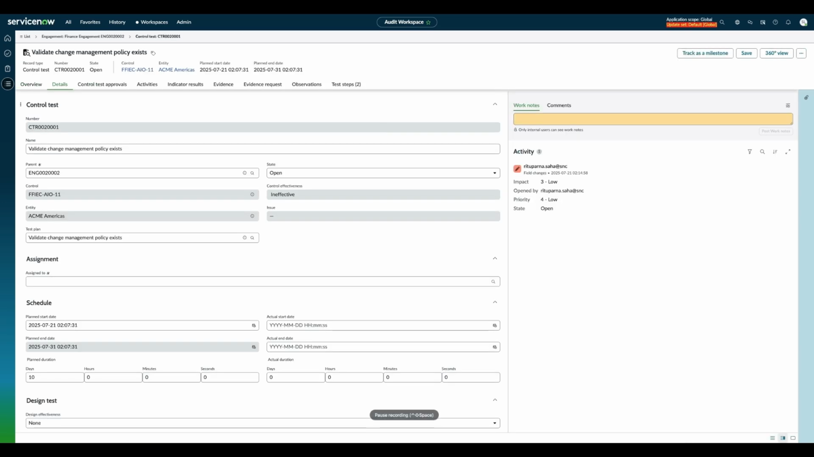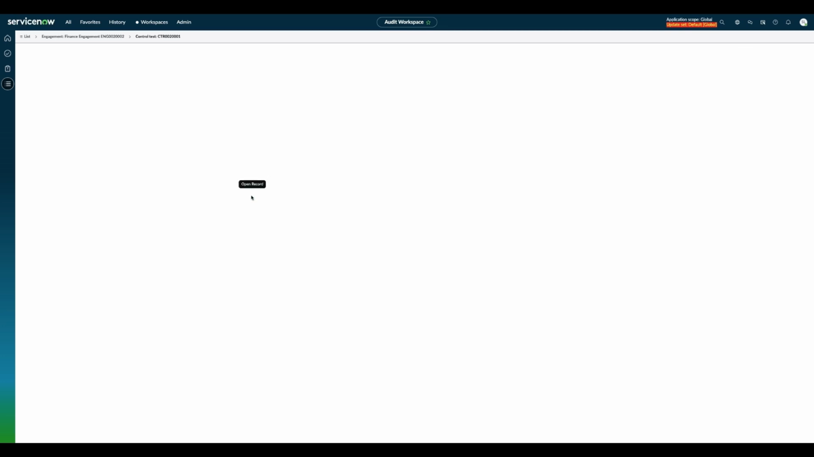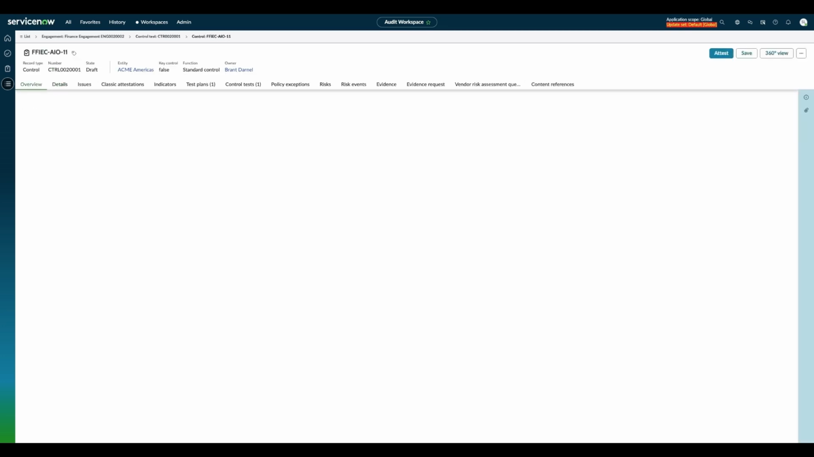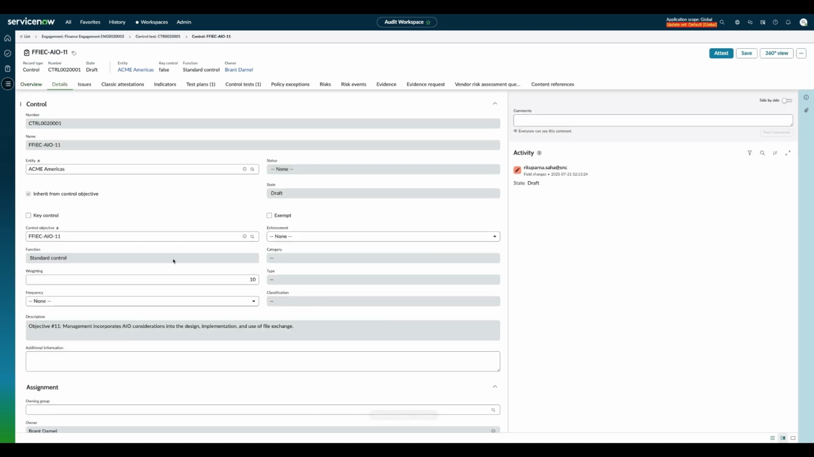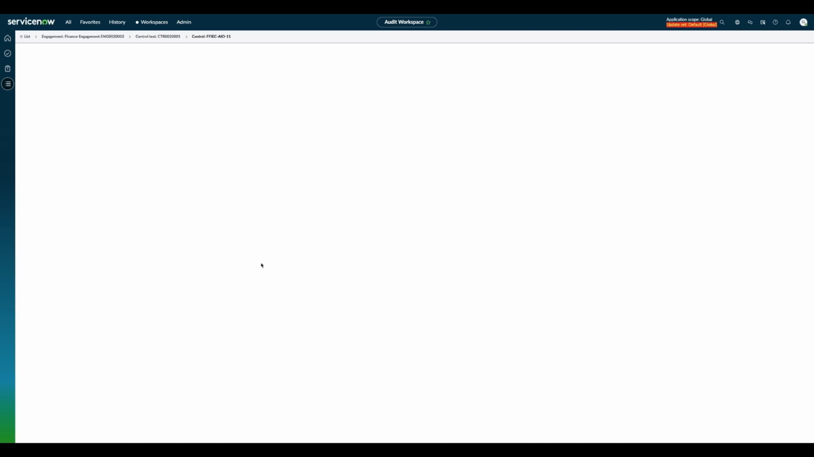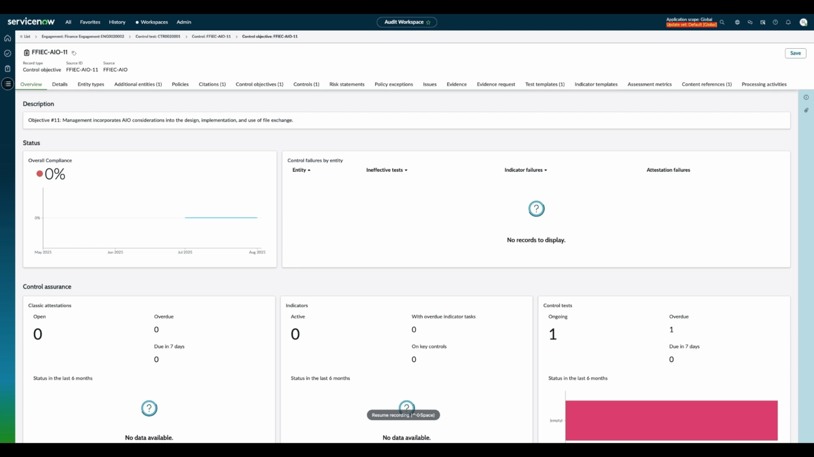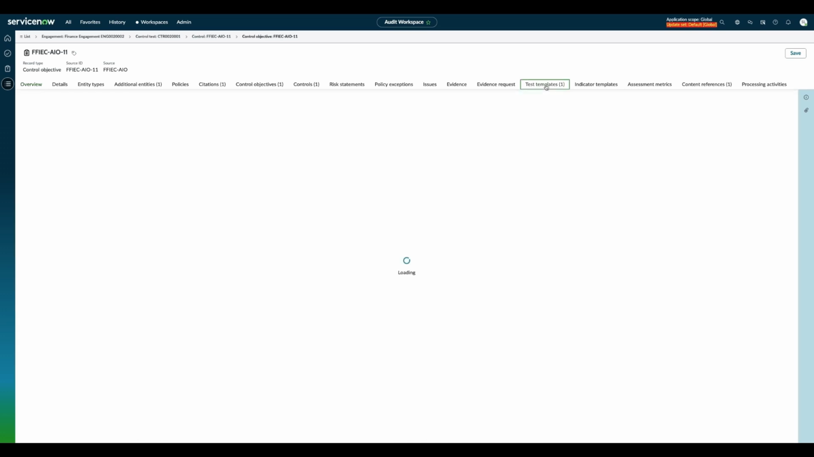We just walked through how you can add a test step ad hoc, but now let's walk through how you can set a systemized set of steps that can be transformed down against your control tests. You can go into a control record and then jump into its associated control objective. From the control objective, this is where you can set things to scale down to associated controls and then a control test record. From the test template tab,